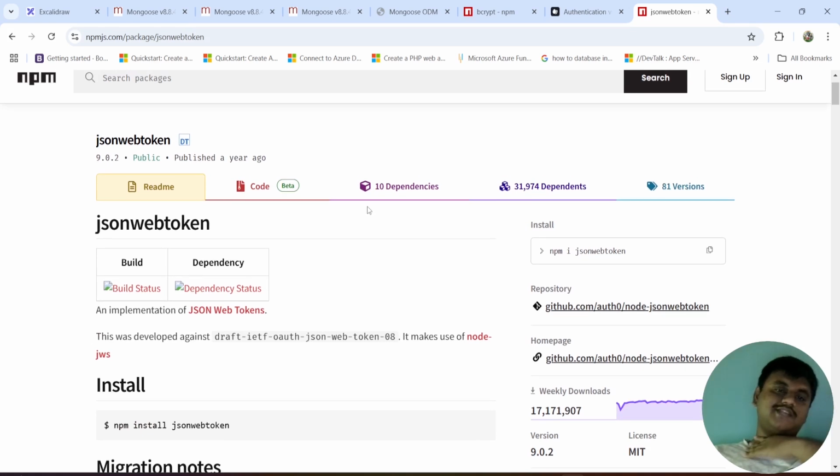Using this JSON web token, we are going to bind our data as a token, and I'm going to send this token to my front end. When we do the authorization, this JSON web token will be checked first, and then the user is going to have the permission to access this. This token helps